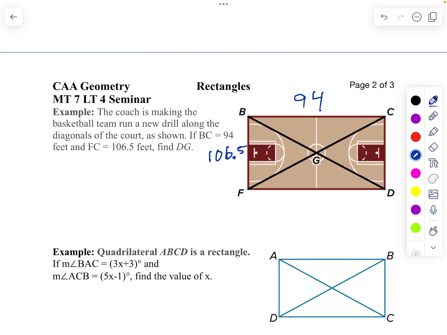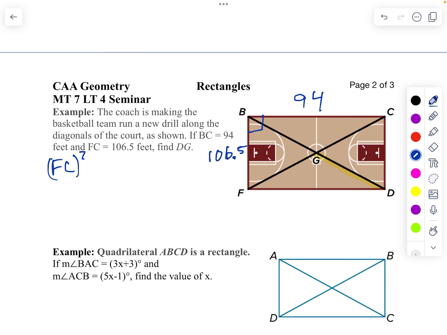And then we want to find D to G. That's what I'm looking for, is D to G here. And you're saying, well, how in the world do I find that? Well, remember, the diagonals are equal. So what I'm going to do, angle B is a right angle, I've got a right triangle here. My hypotenuse, FC,